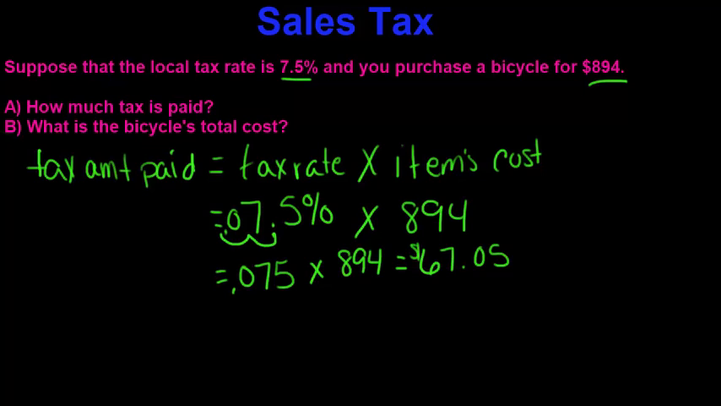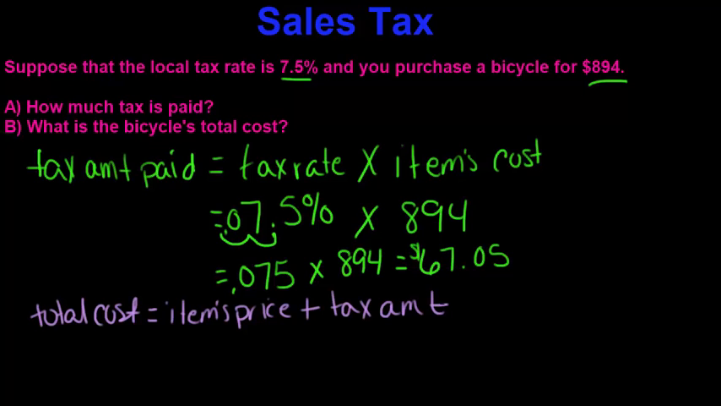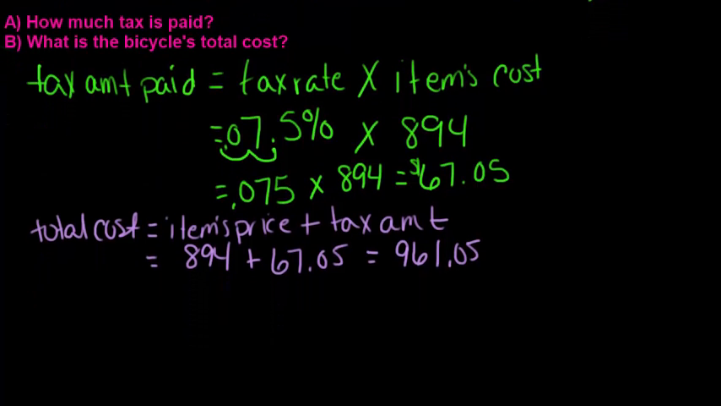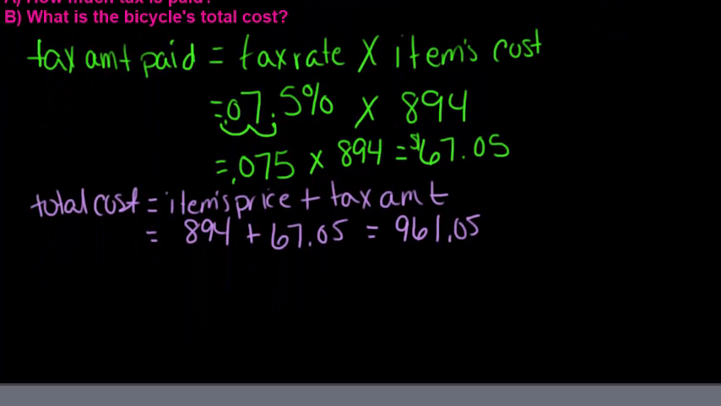Now, the second half of the problem is, what is the bicycle's total cost? So there are two ways to do this. To do that, we would say the purchase price is $894 and the tax amount is $67.05, and add those together. That's going to give you $961.05. Or there is an easier way of doing it, and that is just by saying this percentage sales tax